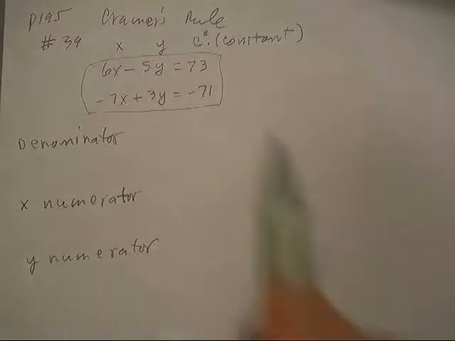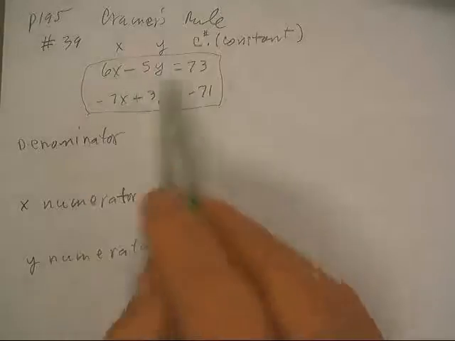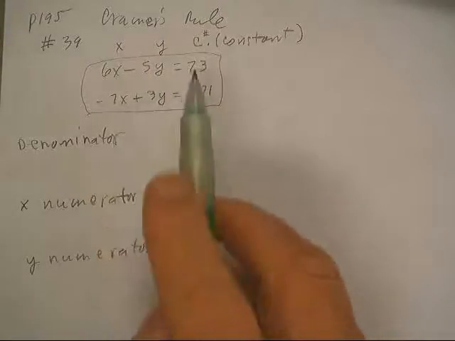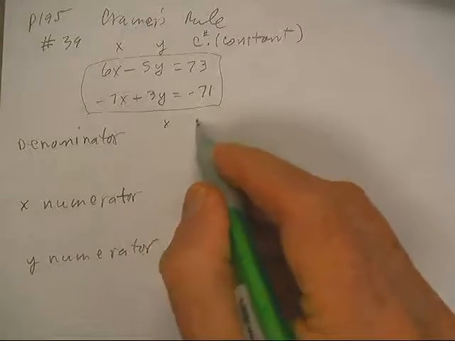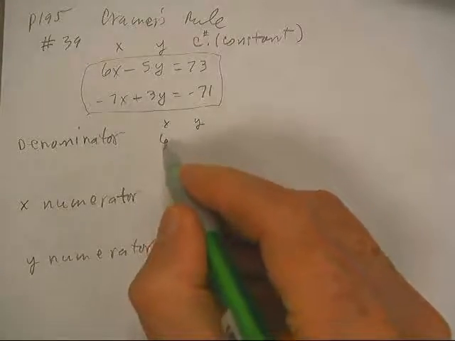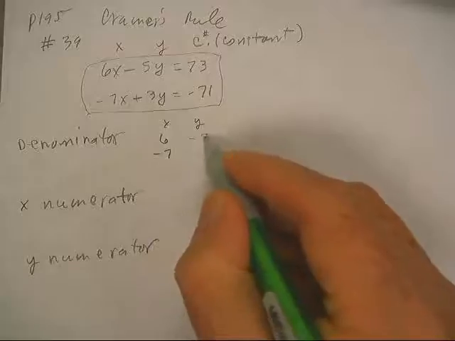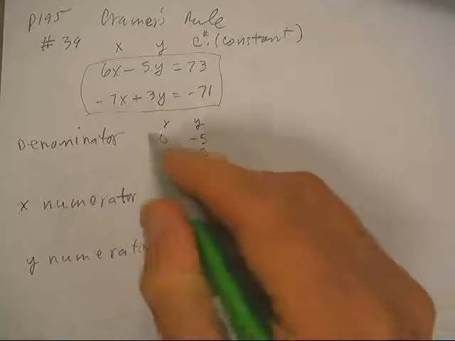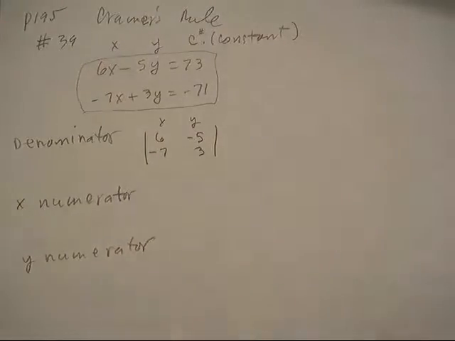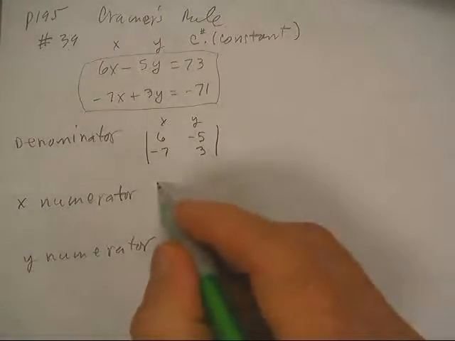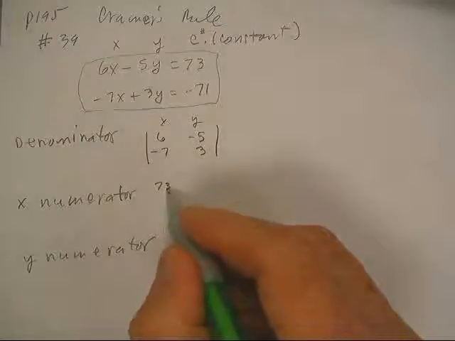Okay, welcome back. There was a guy named Mr. Cramer one time, and he figured out how to do one of these using matrices. So the first thing he did was he just took the X and the Y numbers the first time. That was his first matrix. And the second time, he replaced